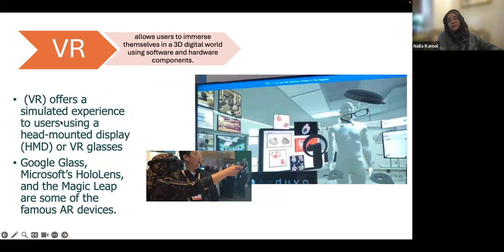What is VR? So virtual reality. This allows the users to immerse themselves in a 3D world. So I'm not going to teach you the technology of how they do it, but it is actually cameras, and they capture it. But the important thing is that again, you can, for educational purposes, say you have a consultant